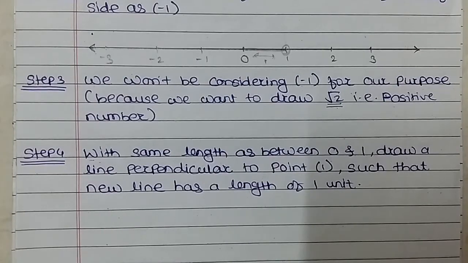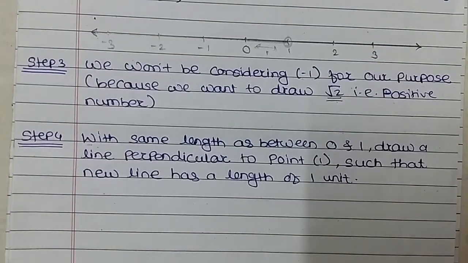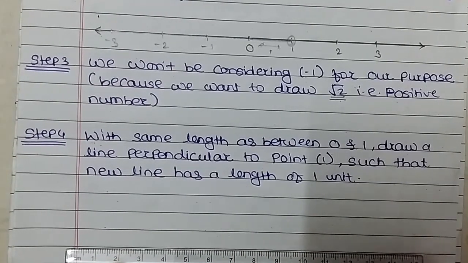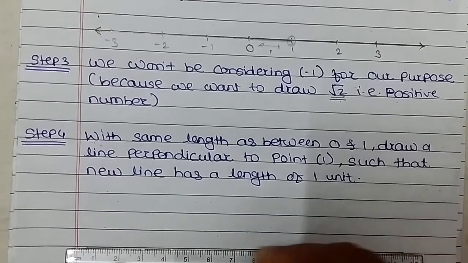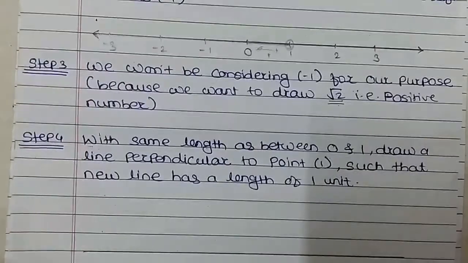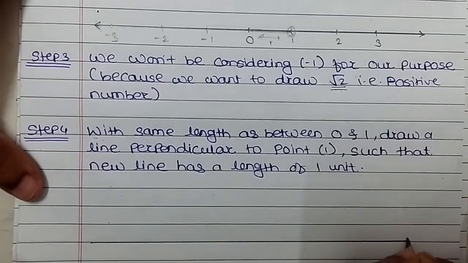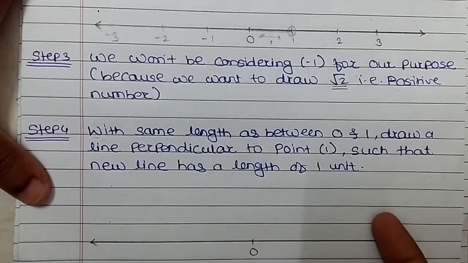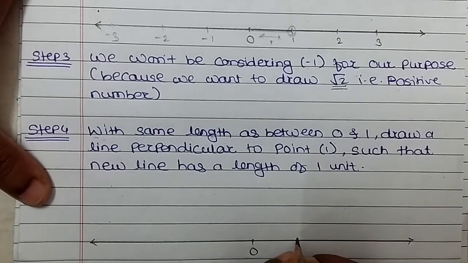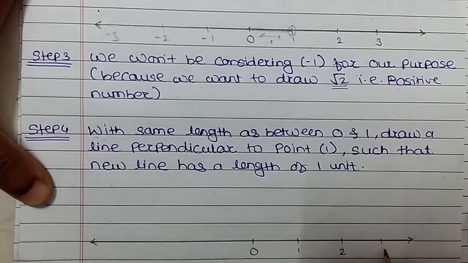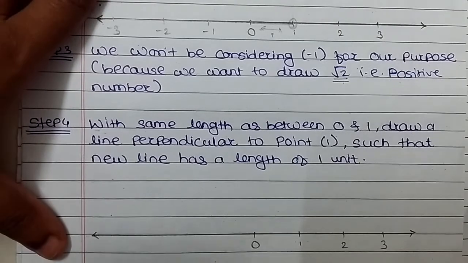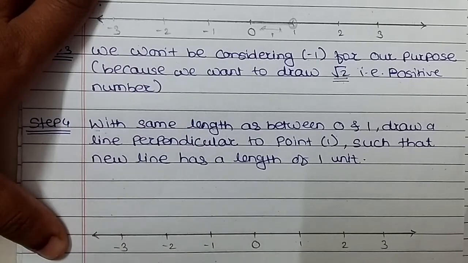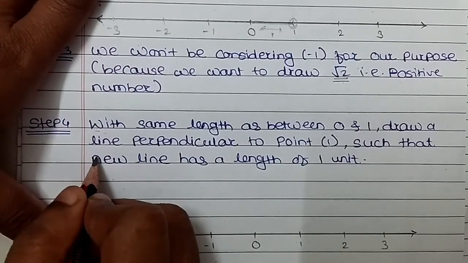So how to draw this? Listen carefully here. Draw one number line here first. Then mark 0 as the center. From the right side of 0, that is +1, +2, +3. Next, from the left side of 0, that is -1, -2, -3. Understand this one? Now, what is step 4 here?